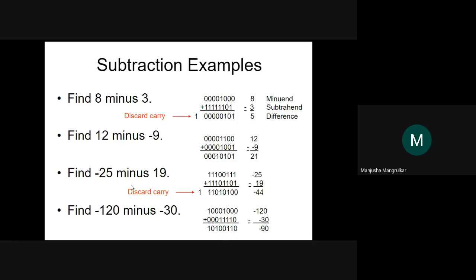Same as 8 minus 3. So 8 is converted, and minus 3 again is converted into 2's complement. 12 is converted into binary. 9 is minus, again it is converted. Same with 120, first it is converted into binary, that is 2's complement, and then minus 30. There is subtraction. So for small bits we can use the subtraction method.